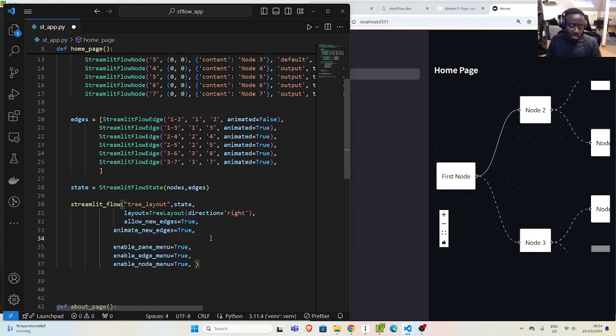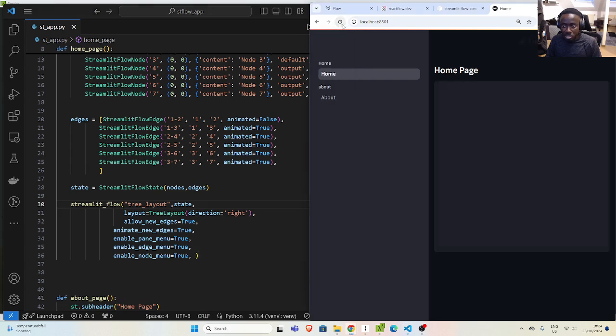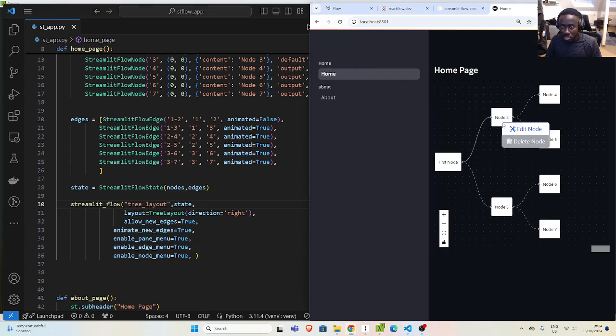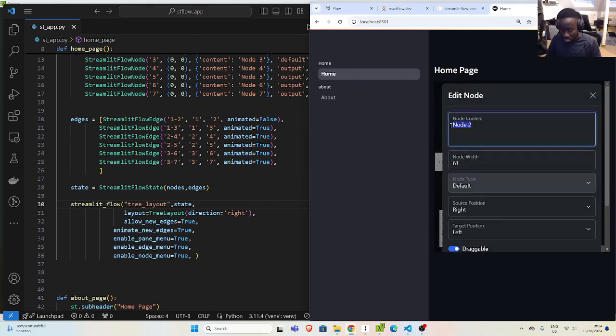Yep, I can specify that I want to animate new edges. I want to enable pane menu. I want to enable edge menu and node menu. Once I do this, if I save it and I refresh, I can now click on this and you see that I can edit. So I can edit this node, give it a new name,